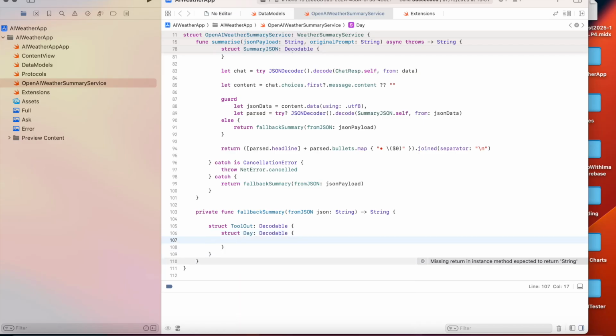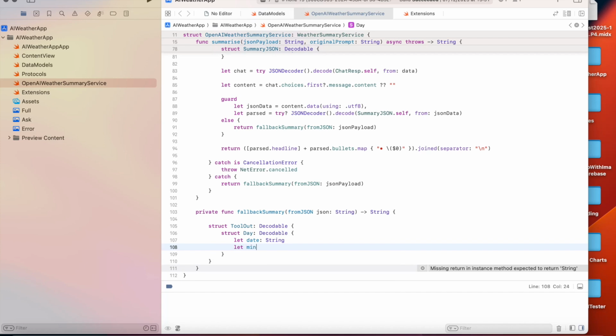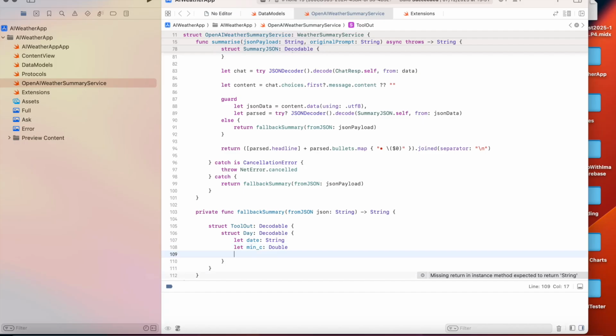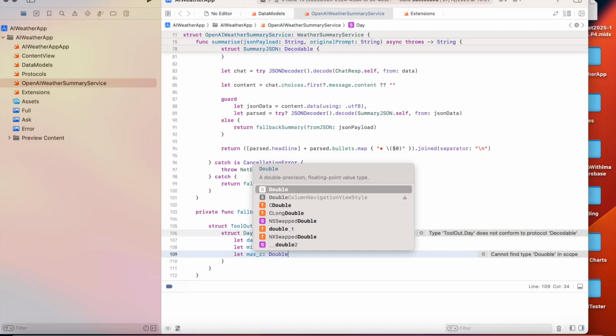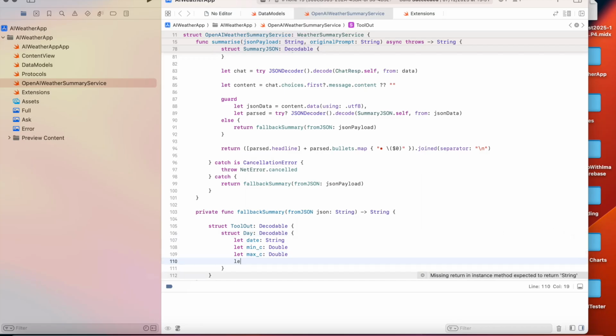Decodable, and that includes the following: let date, string, let min_c, which is double, let max_c, which is double, that should be double. So let weather_code, which is int,